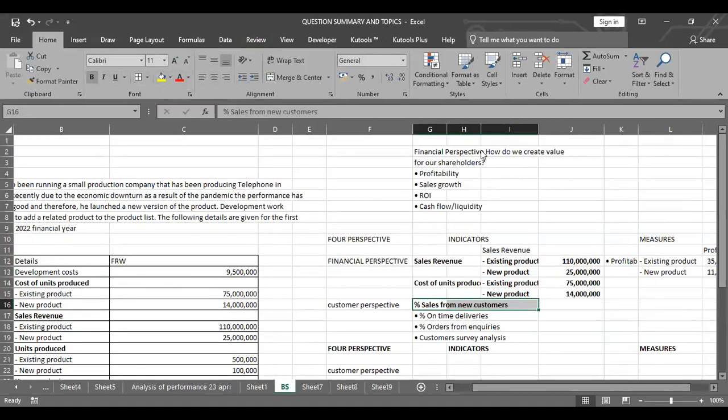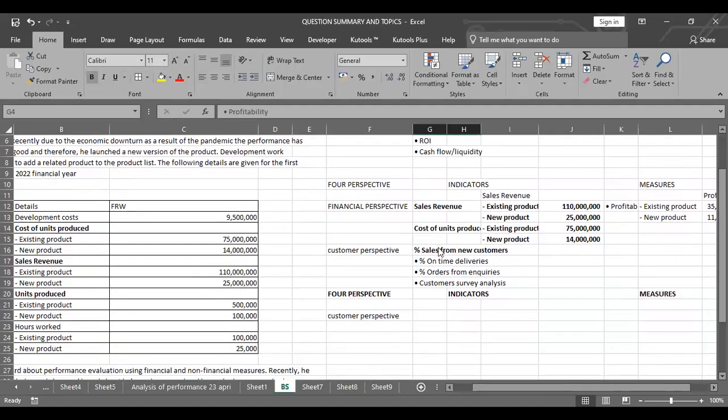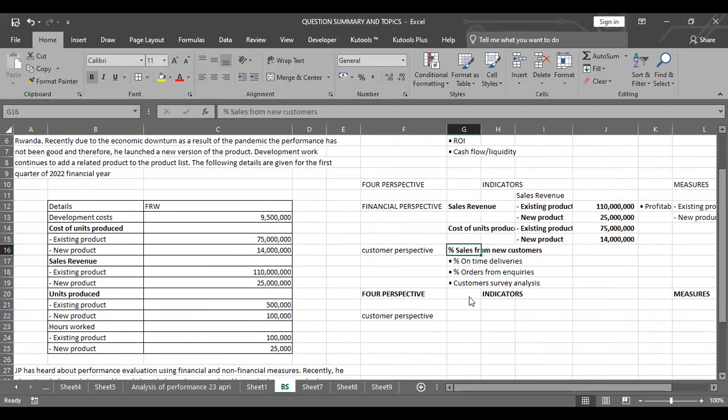Here, it was possible for me to measure profitability as per the data given, which I did. While here, I could measure this based on the data. I don't have delivery timing issues. I don't have the number of orders issues. I don't have a customer survey, but I have new and existing. That means I can measure whether the percentage of new customers will increase or not. So we could easily check that and see the percentage of growth that comes from the new customers.